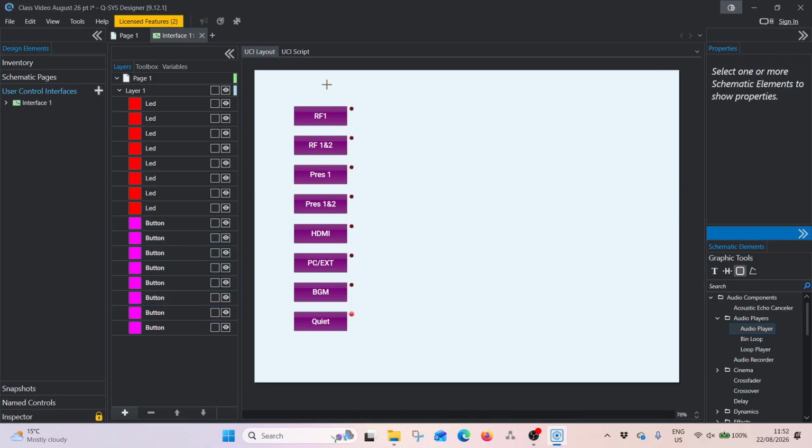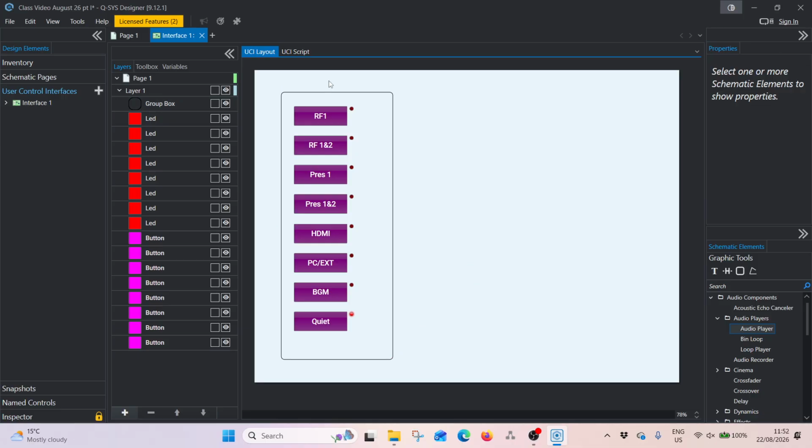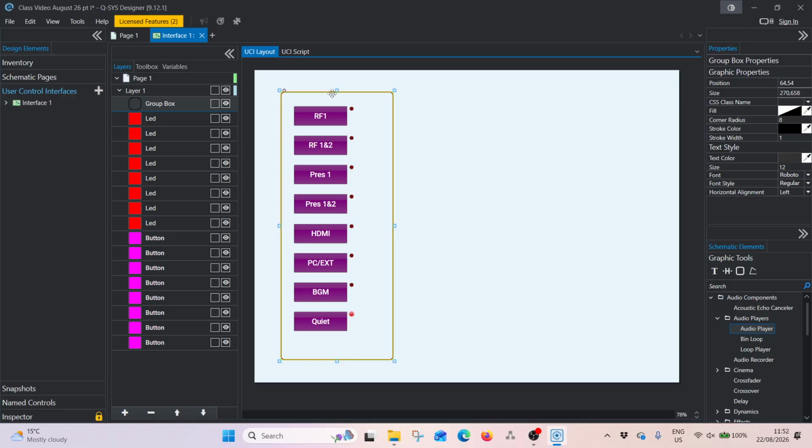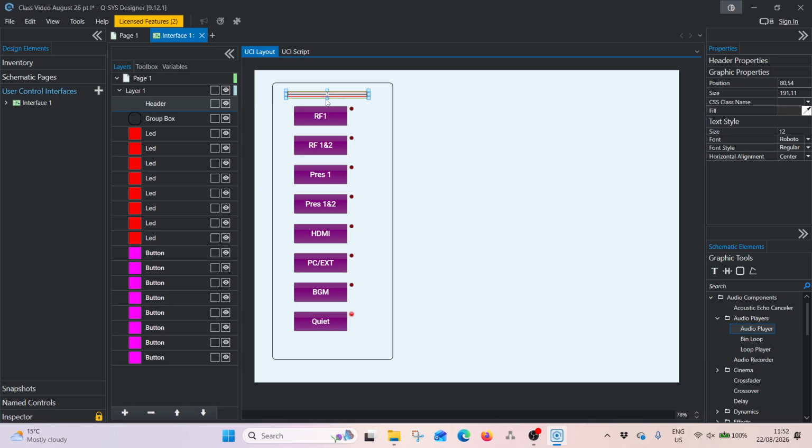Let's put a graphic box around it. Group box, graphic box. Group box, that's fine. We could actually, while we're here, because why not, make it a little bigger, because I would like to also put in here a header. Because headers can be quite nice. Here. And I'm going to double click in there and call this presets,